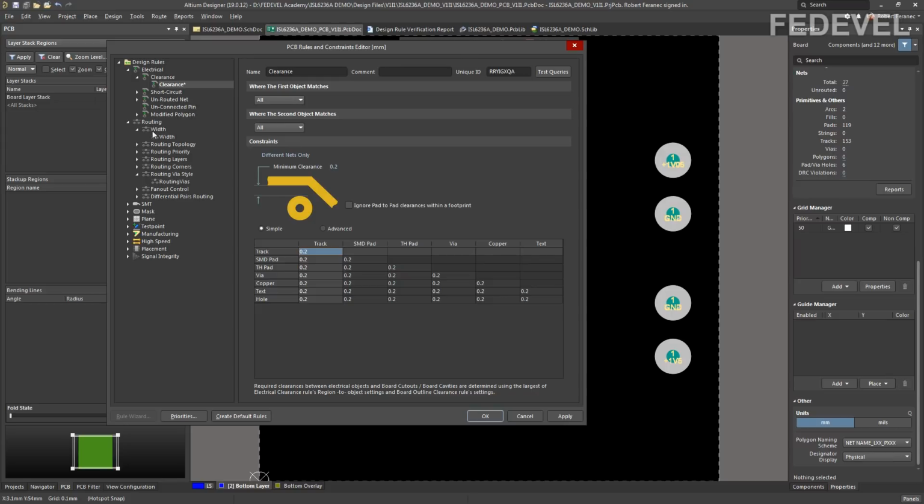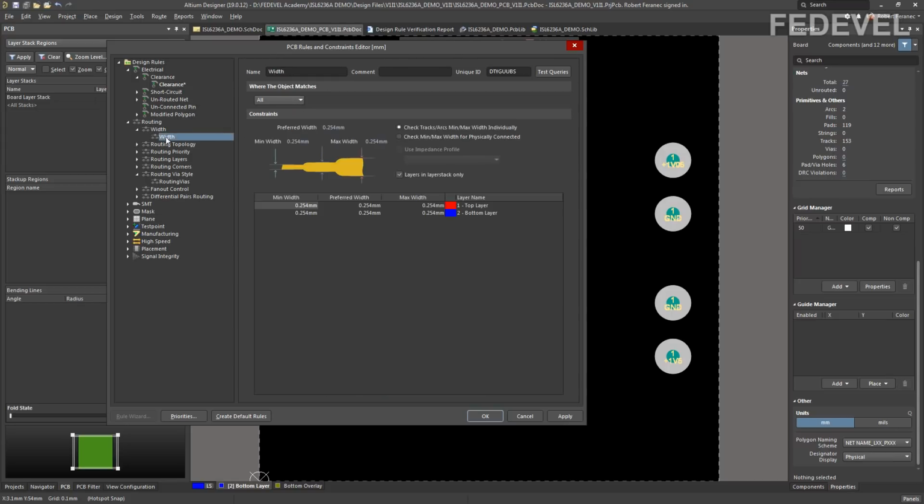Then go to routing, left click on this width rule. Here we are going to set the minimum track width which we would like to use on our PCB. What number we are going to put here? 0.2. Preferred width, we can use 0.2, and the maximum width, I don't know, 10 millimeters.